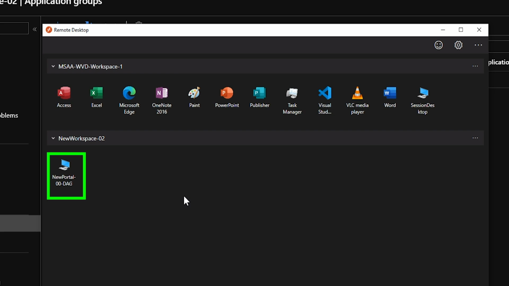The sequence is you build your host pool, you build your app group, you assign your users and groups to it, but the end user will not see it until you add it to a workspace. And now we can join together app groups and desktops into a single workspace. And you can do this to span multiple host pools. So you might have a workspace for the accounting department and another one for the legal department and another one for IT. And definitely give me some questions down below or suggestions on how you think this should be used.